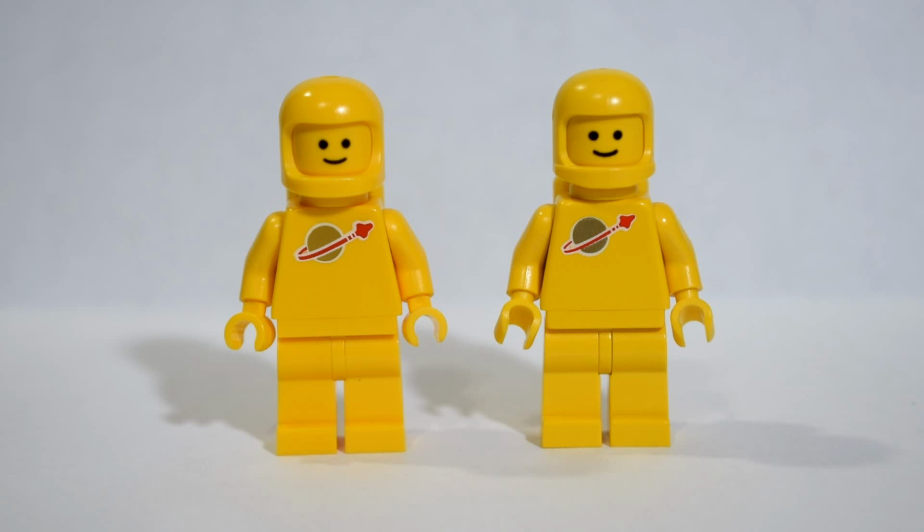Also, I want you guys to let me know, how do you feel about the new Benny Space Squad set? Are you excited to be able to get some more of the classic Space Guys in a new set that is relatively cheap? And finally, are there any differences that I missed? If you have both of these figures and you noticed something that I didn't, definitely put it in the comment